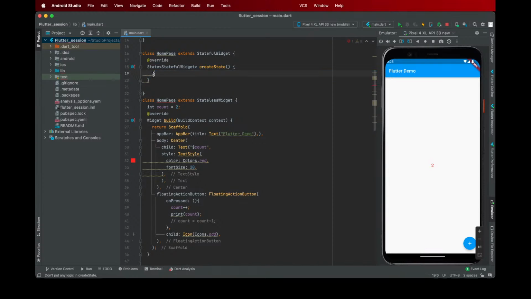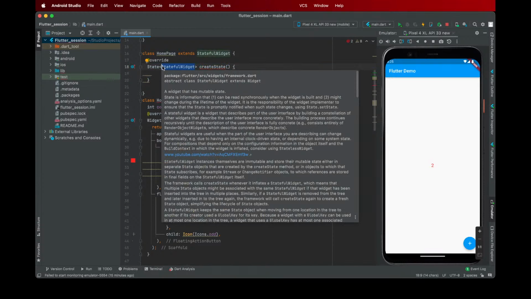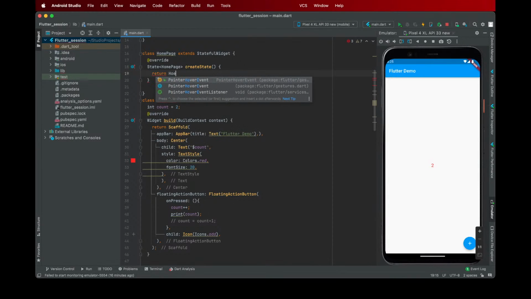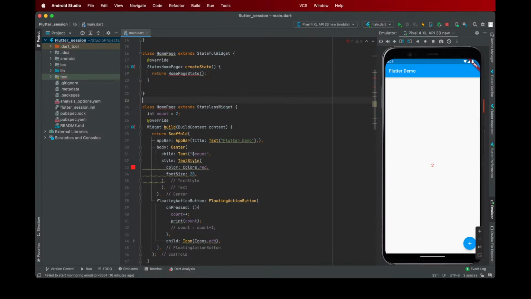Let's name this. This is basically a proper format of writing stateful widgets, so it's pretty common. And createState will take a return statement, so it will call another function, and let's call that function HomePageState. And yeah, now we need a HomePageState class. So class HomePageState